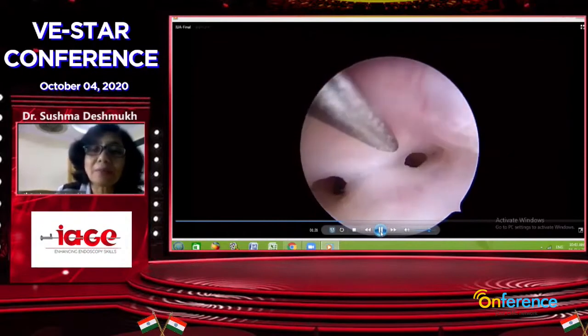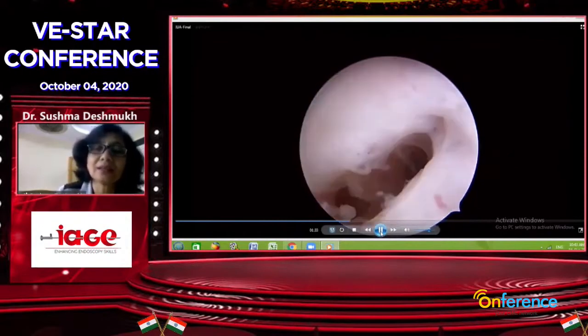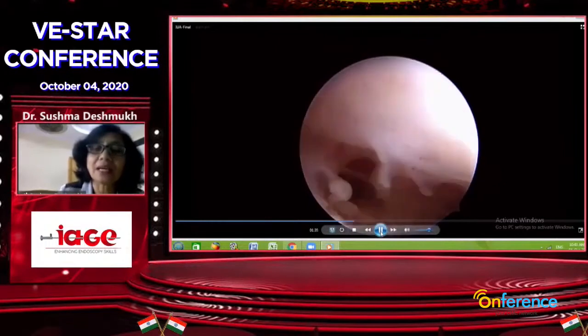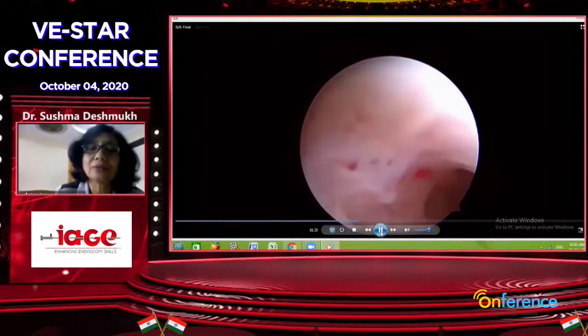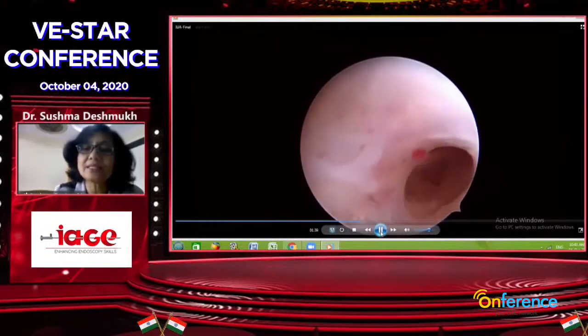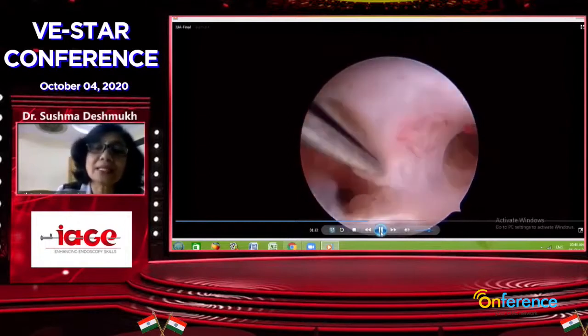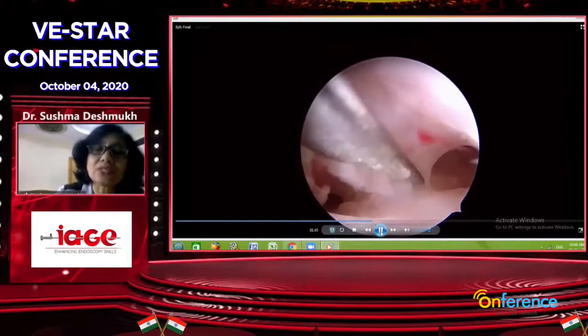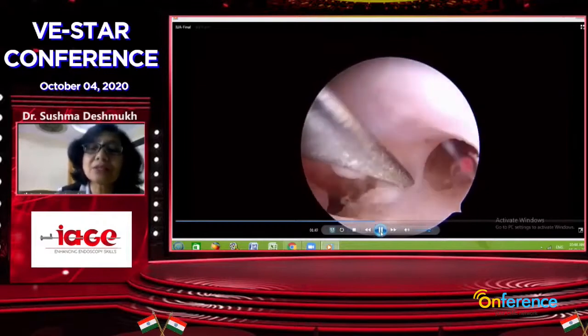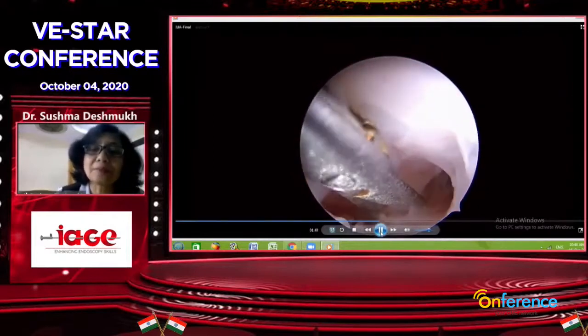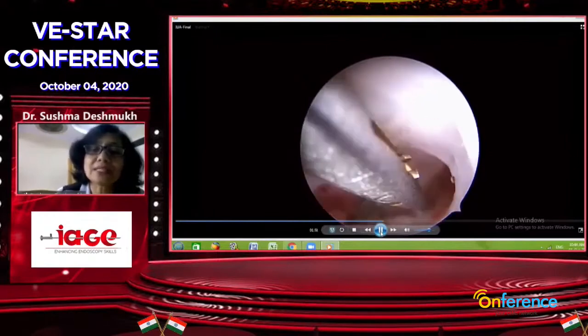So again, with the help of scissors, you can give a cut. You can go in the cavity. Again, in the cavity, you are appreciating the complete adhesions are there, but remain in the center. Basic principle is to remain in the center and see the 2 ostia. These are the wonderful landmarks to operate a hysteroscopic surgery. And see, I am cutting with the help of scissors.